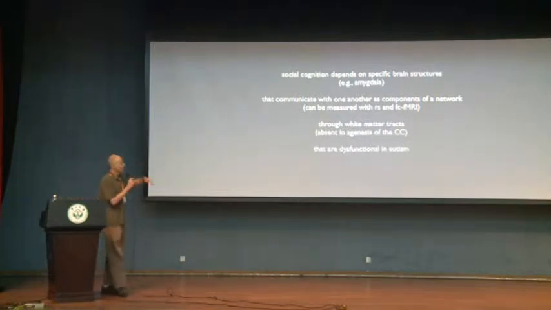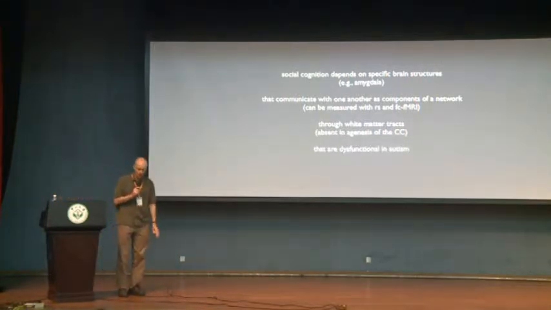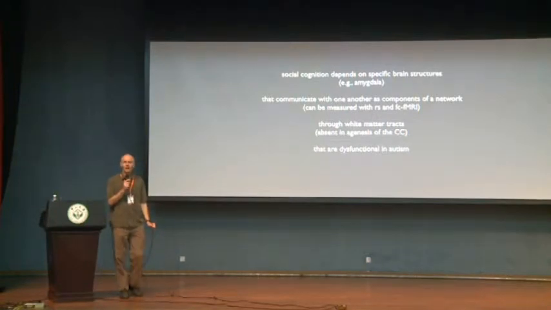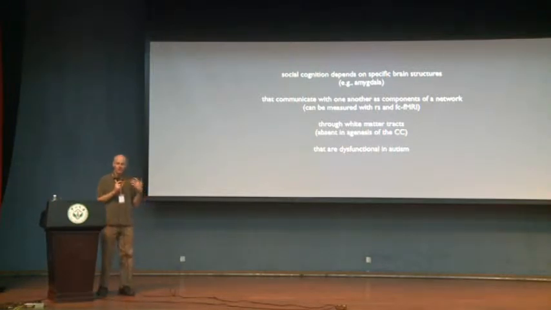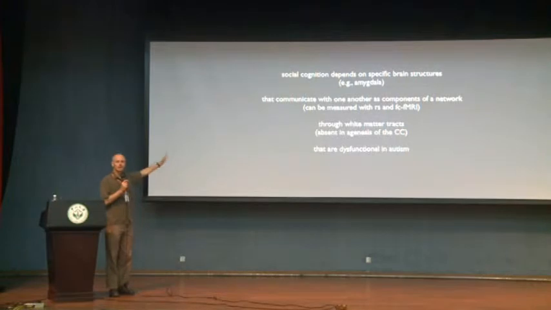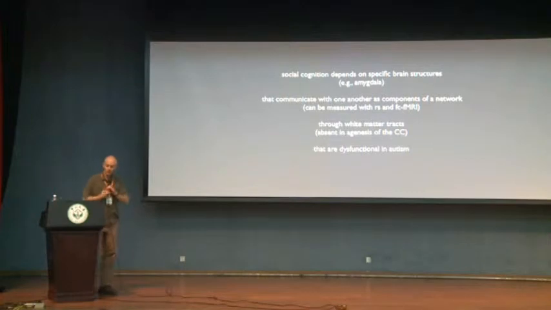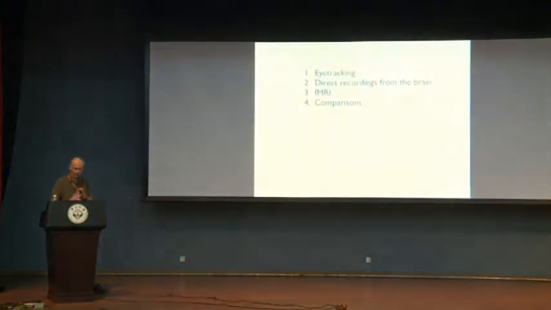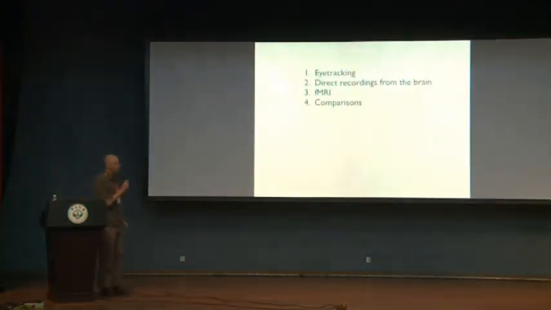And then what ties all of this together is that one leading hypothesis of autism at the systems level, as you may know, is that it involves dysfunction of long-range connectivity in the brain. So it's abnormal strengths of connections between many of the structures that mediate social cognition in the brains of people with autism. So just to summarize, this is a preview of some of the broad background and the way in which these are thought to motivate research on autism that I'll be telling you about in the next hour.